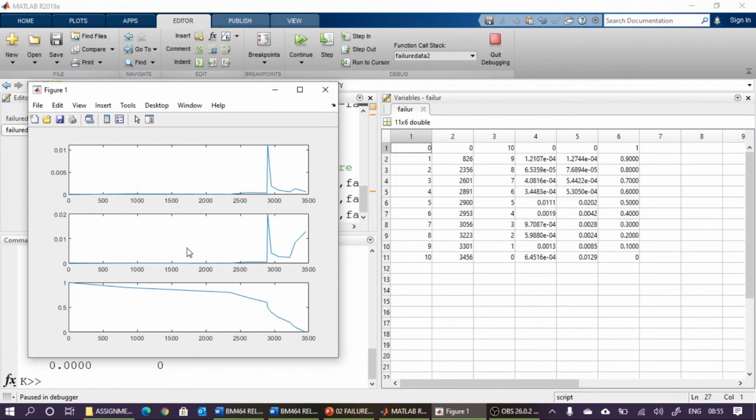So this one is a plot of this graph, but please note this is not accurate because this type of data will not give an accurate failure density, failure rate, and reliability graph. Please note, we can't model this type of data. That is not possible because we have very few components. Very few components are tested. So it will not give an accurate model. Accurate modeling is not possible.